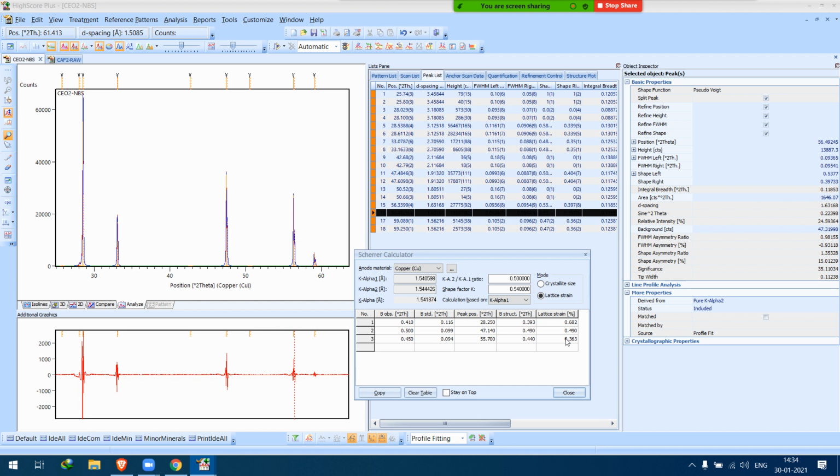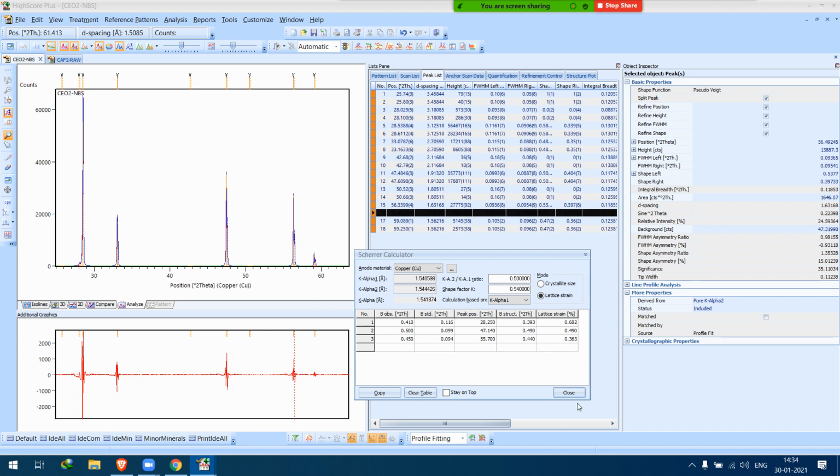And why we don't have the same tab, like we can have another next tab also, but they have done it purposefully that the crystallite size and the lattice strain are having different tabs, because this B structural calculation is actually different.